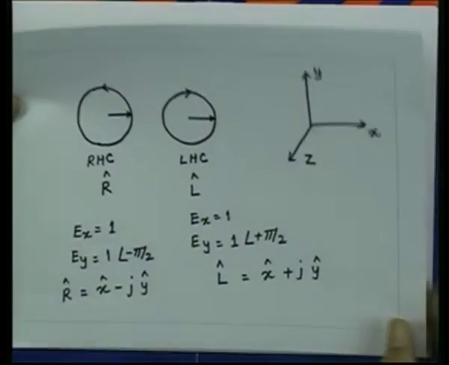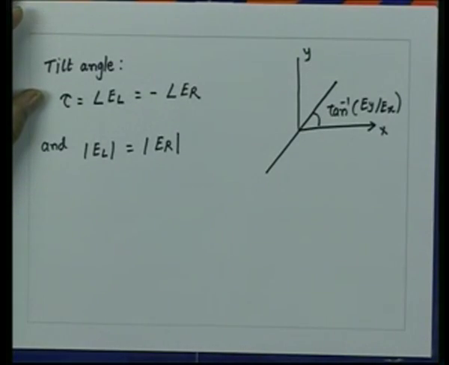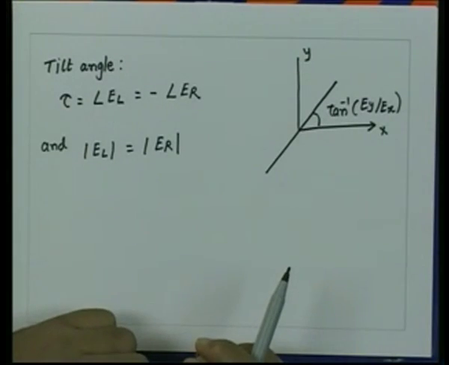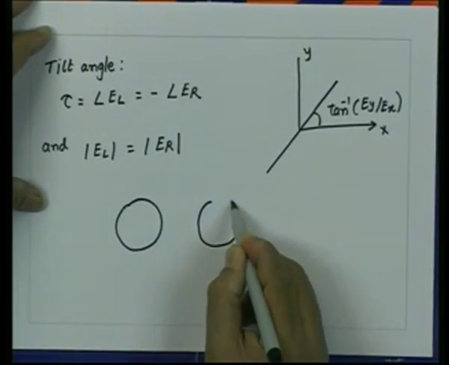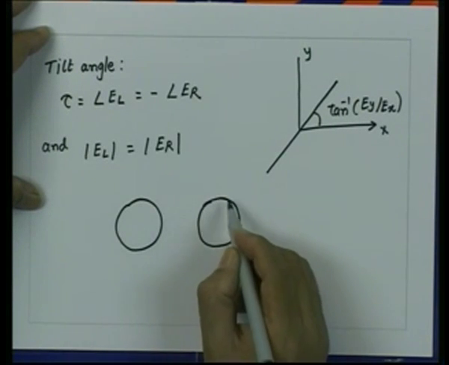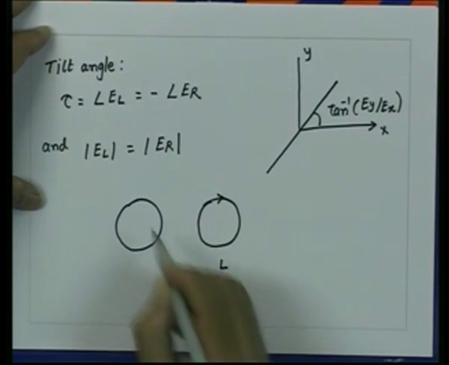So, what essentially that means is that at some instant of time you launch the wave and they are rotating in the opposite directions. They will meet in the direction which will correspond to this angle, which is Ey upon Ex. So, essentially what we have, if we take the two waves, one is left handed and right handed, let us say this is left handed, this is right handed,